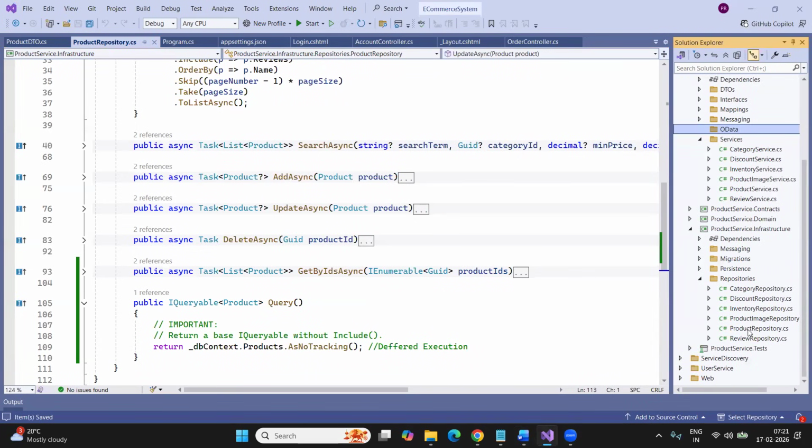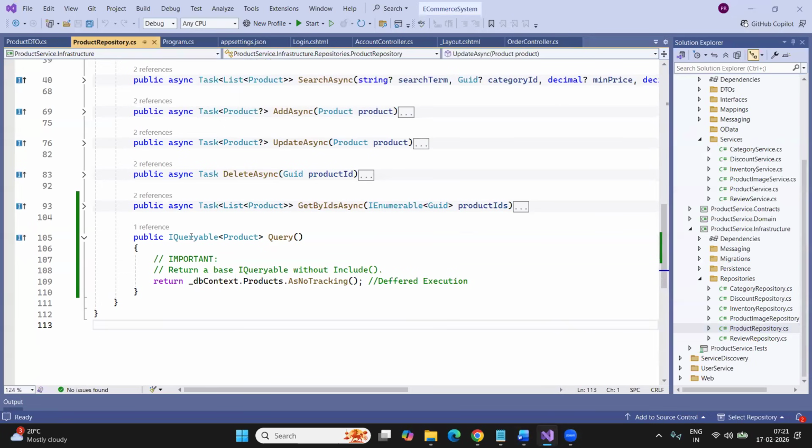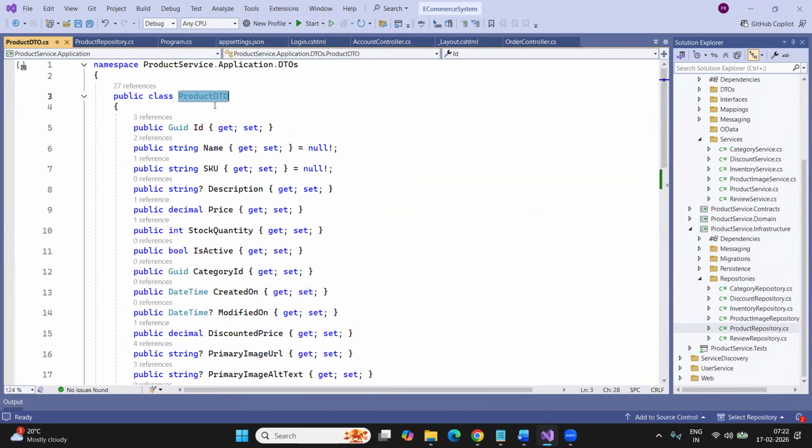So this is going to be my product repository. This is my queryable of product. From the service class, if I call this method, then this method is going to return me queryable of a product. Then I need to project this queryable of a product to queryable of a product DTO. Why? Because at the end, this DTO I am going to return, and within this DTO,